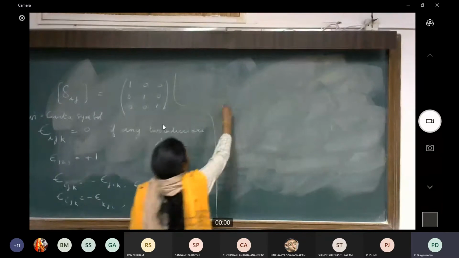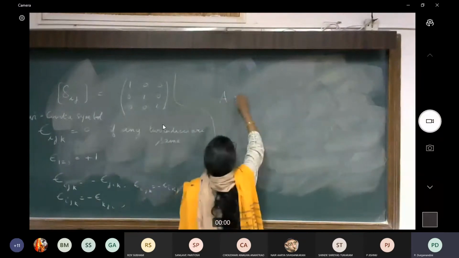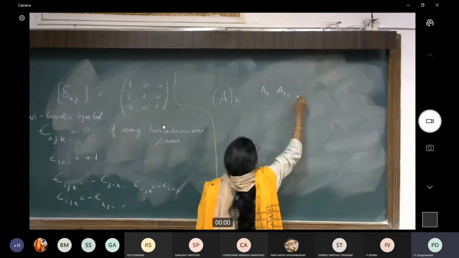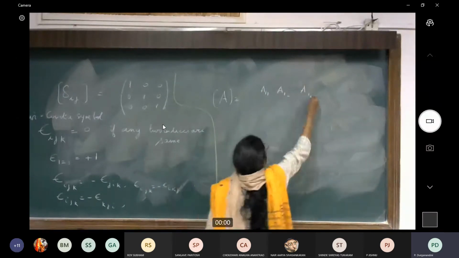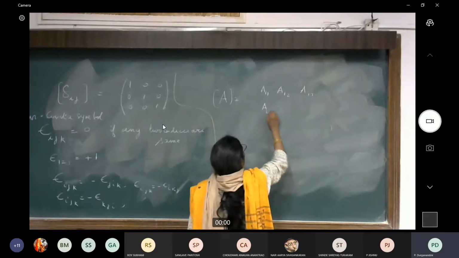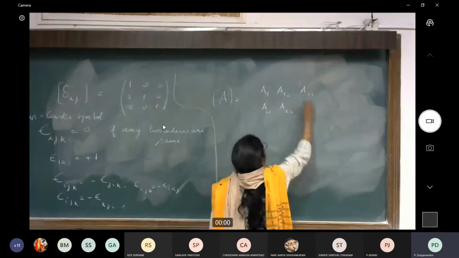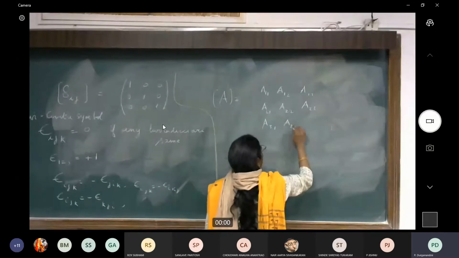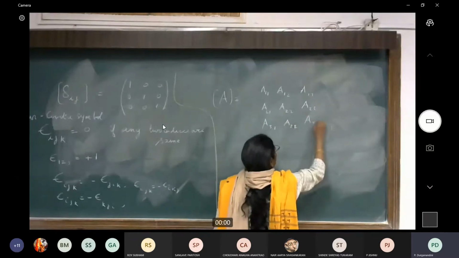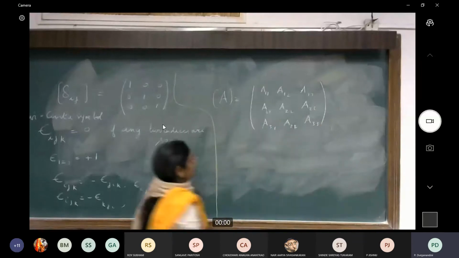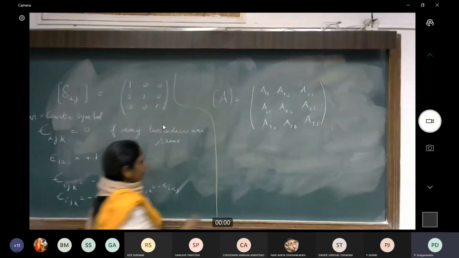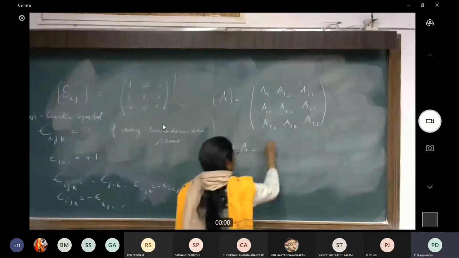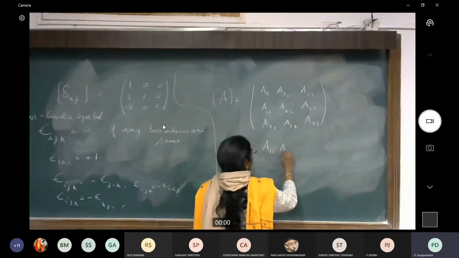I said that let's consider a 3 by 3 matrix. So let me write a matrix which is, say, this. In order to demonstrate for you that this transforms like a third rank tensor, I'm going to first show you some of the properties of this Levi-Civita symbol. So let's consider an arbitrary 3 by 3 matrix A. And by definition, you know the determinant of A. So I wrote this down like this: A11, A22.